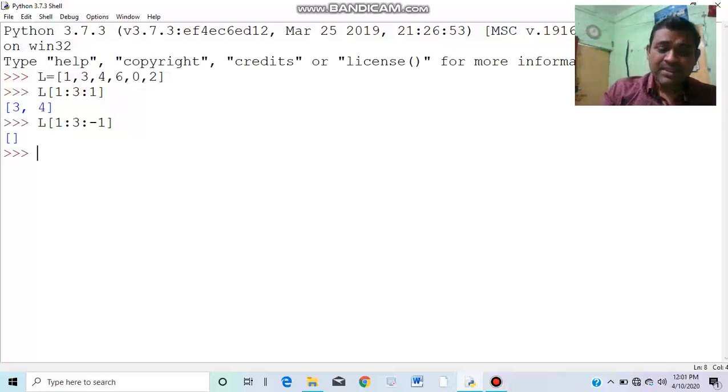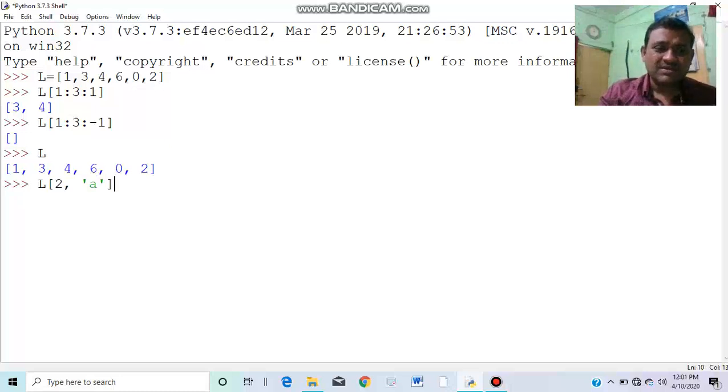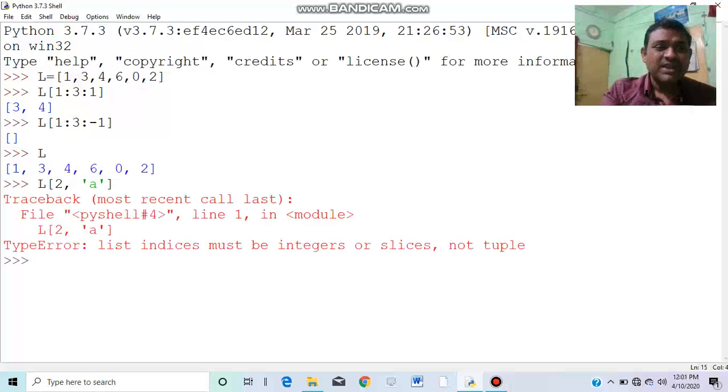For example, suppose we have L, very well. In L, I want to insert 2 comma A. A is nothing but a constant, this is a string.